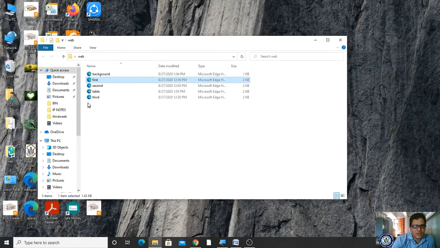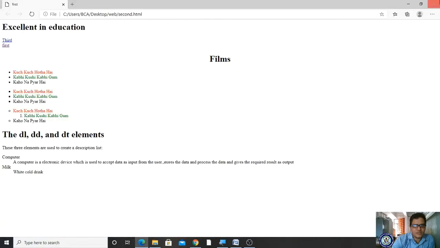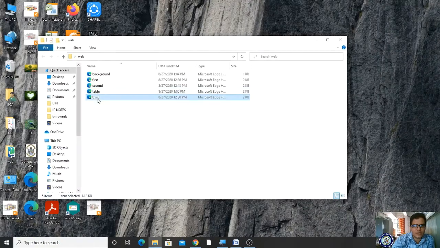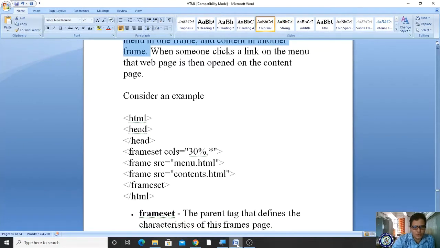The second is my table web page. This is also one web page, and the third is also one web page. Now I want all this content to be placed within one web browser. If I want to do that, we will see how to treat the web pages as frames.